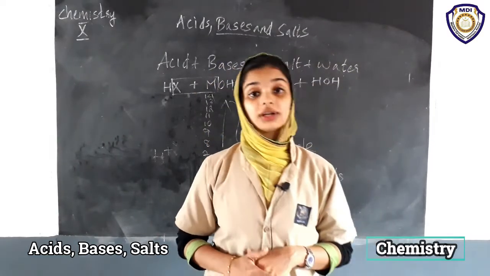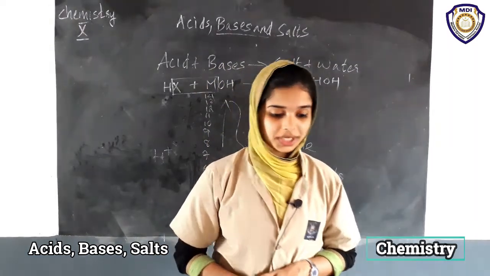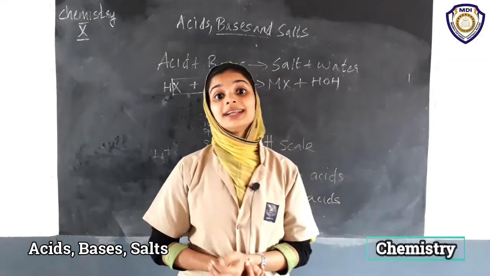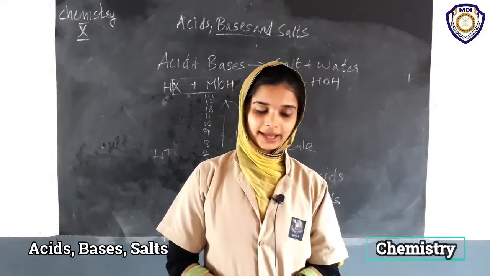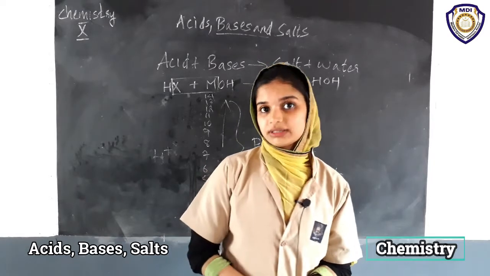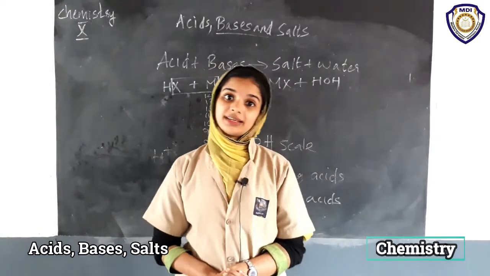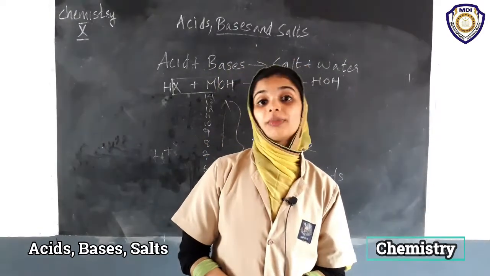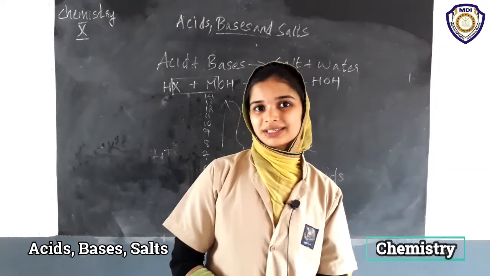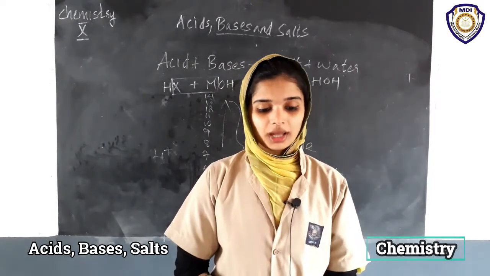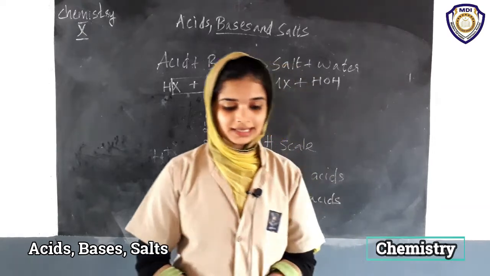There are some naturally occurring acids. Which are they? Yes, we have said that vinegar, the acid present in it is acetic acid. Then orange, citric acid. Then tamarind, tartaric acid. Then tomato, oxalic acid. Then sour milk, curd, the acid present in it is lactic acid. Then lemon, which is citric acid.